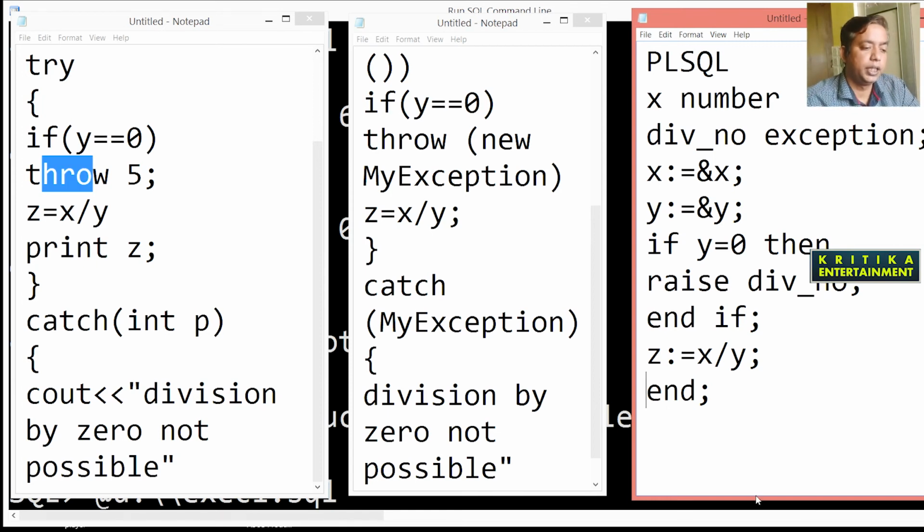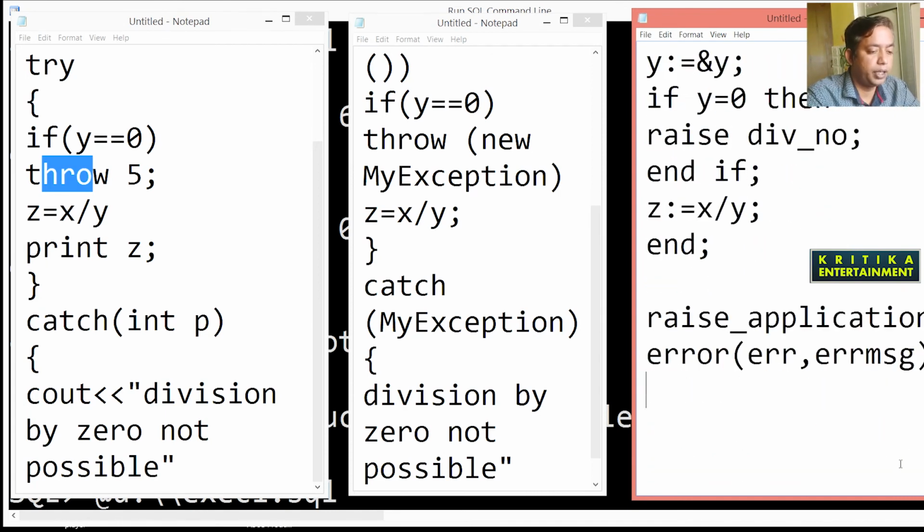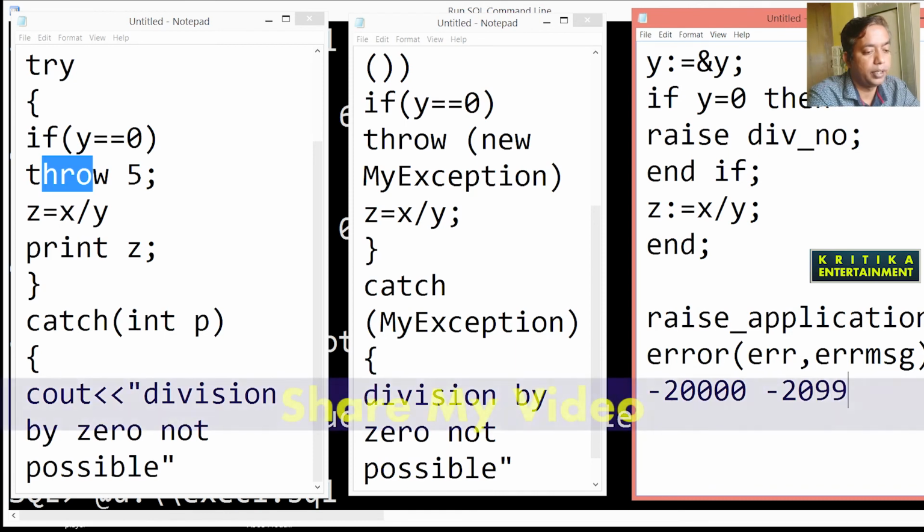Yes, there is a technique called RAISE_APPLICATION_ERROR. This is a predefined method which takes an error number and an error message, and this message is defined by the user. The error number range is minus 20,000 to minus 20,999.